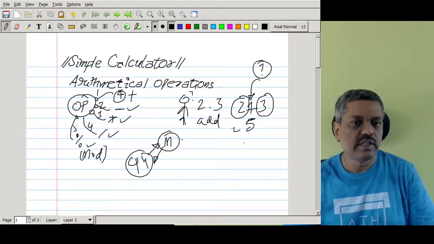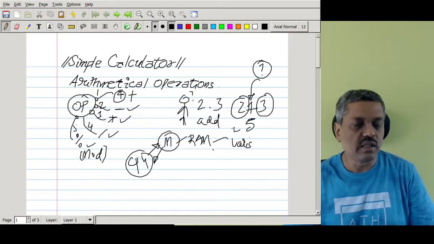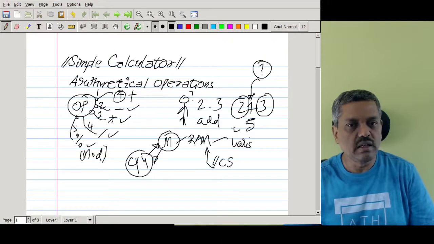We need to understand how to store our data. That is why we make use of memory variables, and at the same time we should also understand how to proceed programmatically in a logical sequence, that is, the control structure.